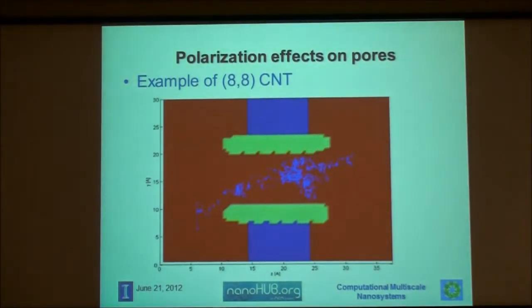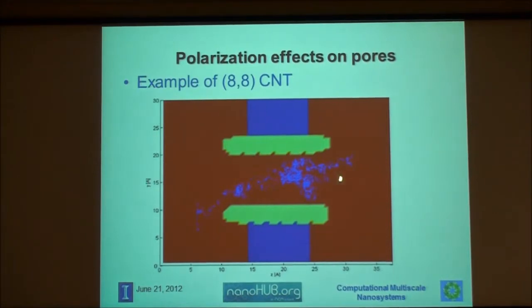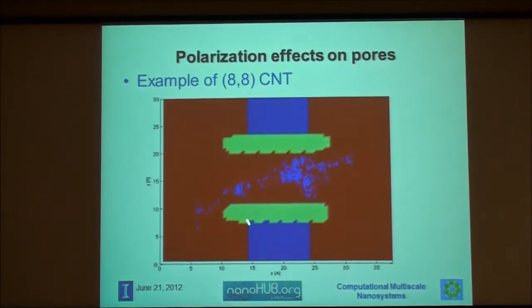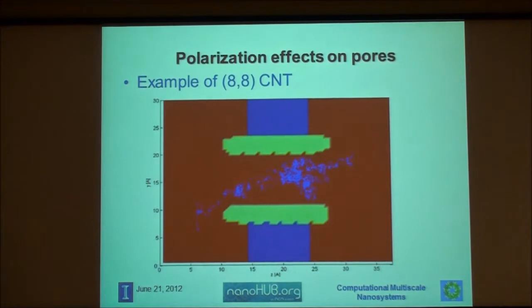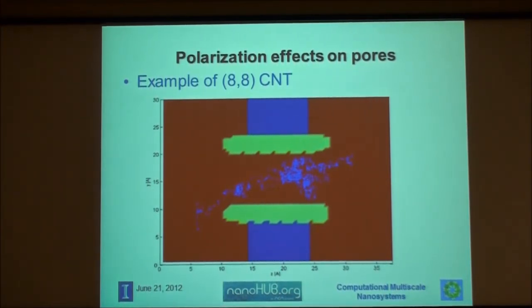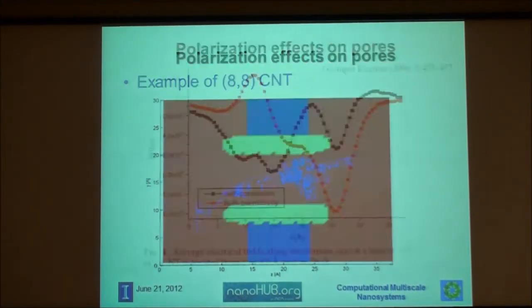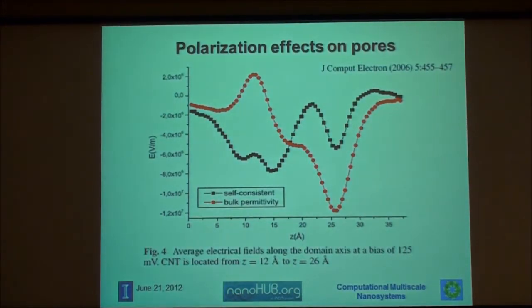So this is just a snapshot of a simulation where you see the trajectory of an ion through the pore. And here at every few time steps, we would recalculate the charge state on this nanotube as the ions move through. Okay, with the simple tight binding, which is sort of semi-empirical, so it can be calculated very fast. Just an example to show you that in the so-called self-consistent, and when you